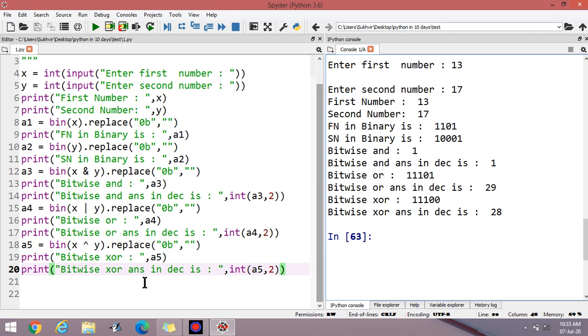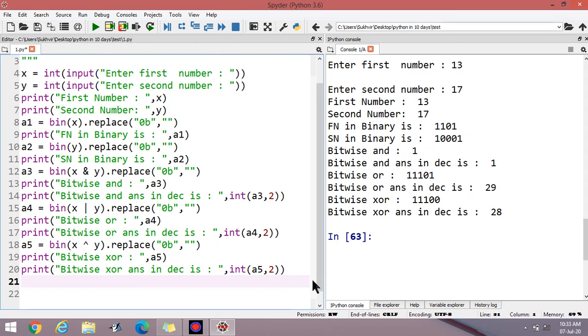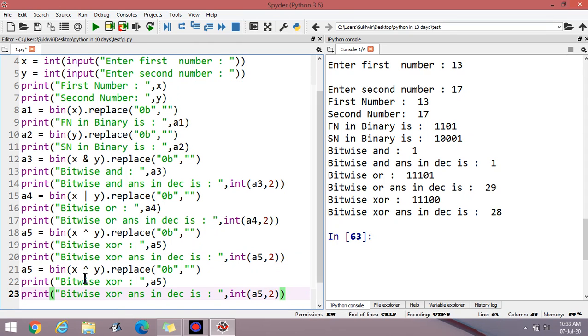Now left shift and right shift operators. Control C and Control V. Suppose I write right shift 2 and save the value in A6.